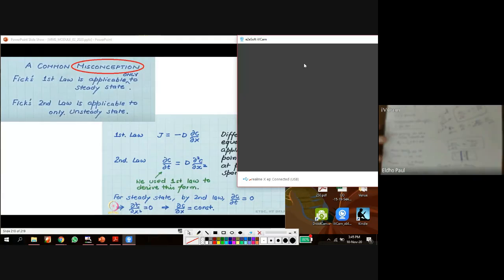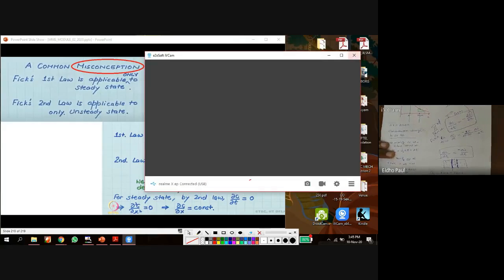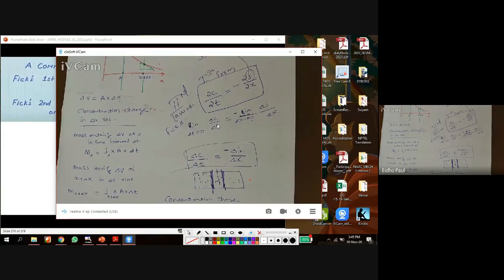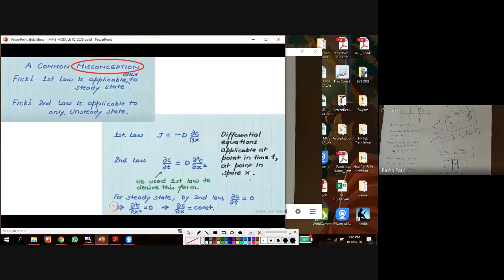In this derivation, you apply the limit delta t tends to 0 for dC by dt, so delta t changes to instantaneous time. And by applying delta x tends to 0, we change this quantity into instantaneous space position. So by applying these limiting terms, dx is the instantaneous space position, and dt is the instantaneous